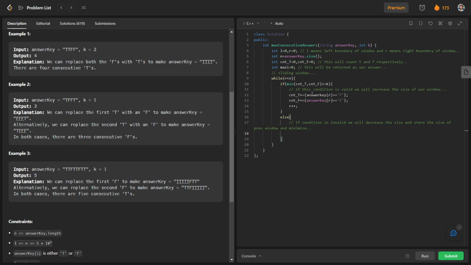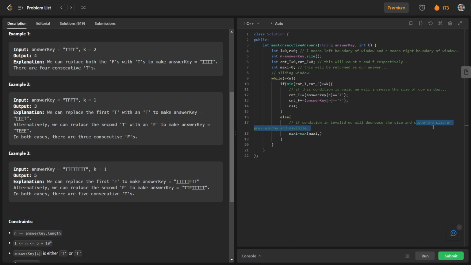So for this, sorry, we have to maximize it, not minimize it. It was my mistake. So basically we have to maximize it. We can write maxi is equal to max of maxi and the size of previous window, and you can see that we have to store the size of previous window.